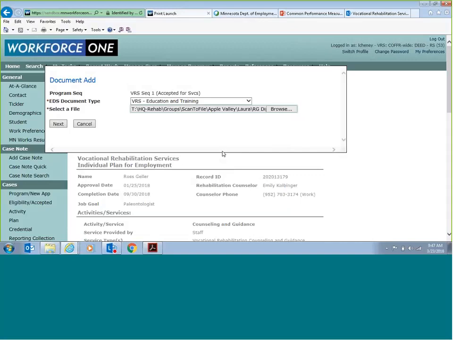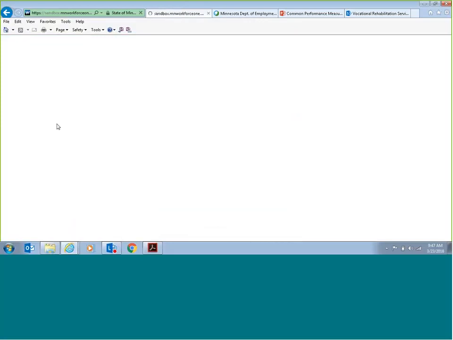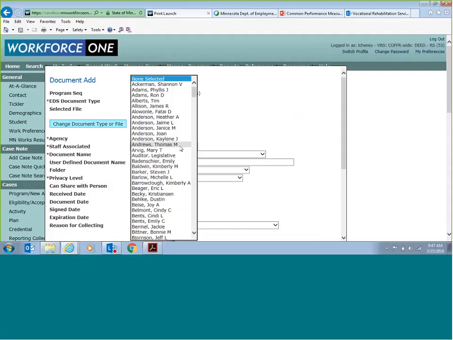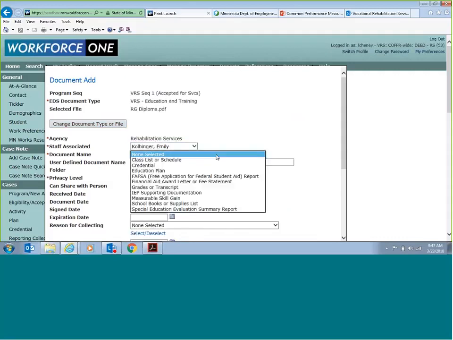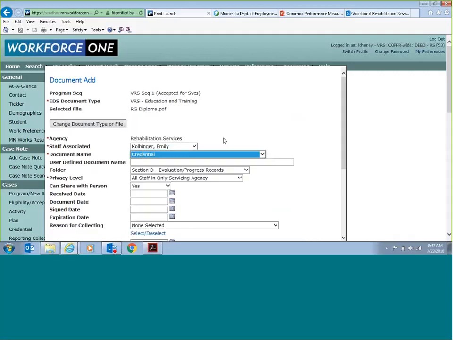Now, the documentation could be a copy of the degree, diploma, certificate, or it could be a copy of a transcript showing attainment of the diploma, degree, certification, or certificate. So after I've selected the file, I'm going to select Next, and then I'm going to go ahead and populate the staff assigned, and then I'm going to populate the document name. From this list, I'm going to select Credential,